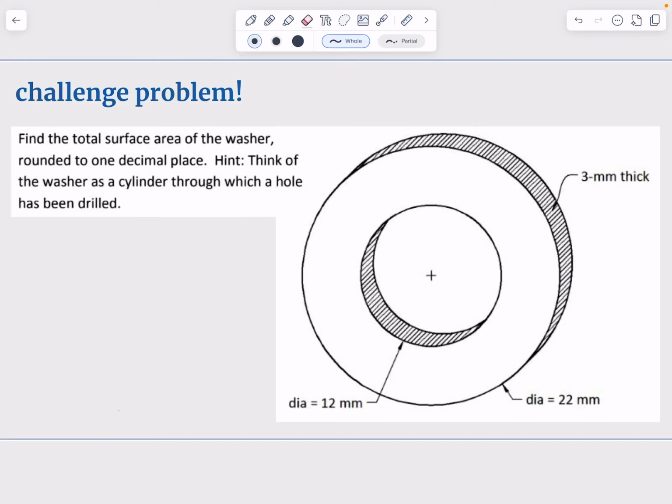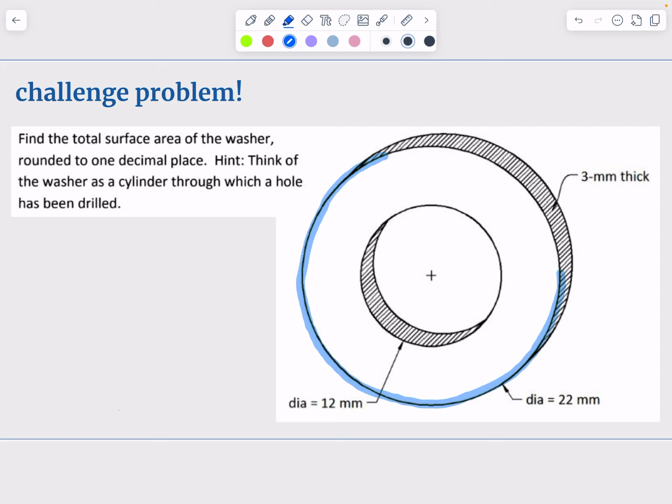Okay, so let's go ahead and we're going to start thinking about the different parts of this shape, kind of piece by piece, and we're going to think about the area formulas that we know for shapes that we're familiar with, and how we could use those formulas to help us solve this problem. So let's go ahead and start with what we see as kind of the front side of this shape,